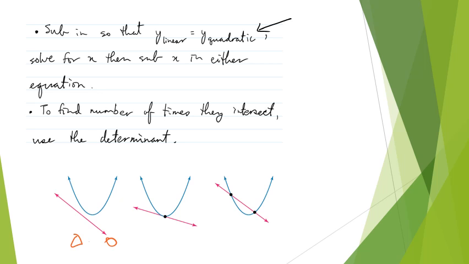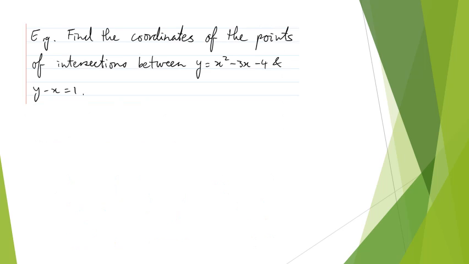Less than 0. Okay. If you have one point of intersection, what would happen? Equal to 0. And then if you have two, greater than 0. All right, so